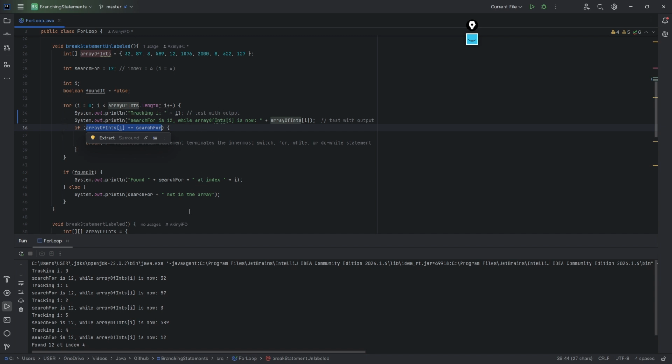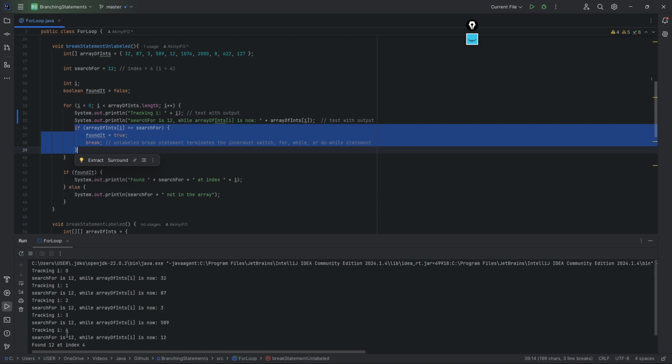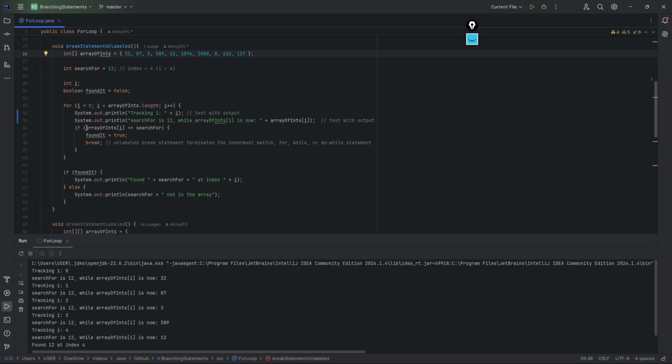Then it increments I. The next one, I is 1, but the element is 87. The next one after incrementing will be 3. The next one will be 589. In all of the above, the condition is not true, so it will not do anything within the if statement. But once it finds 12, at index 4, this will evaluate to true because it's equal, and then we will set foundIt to true, and then we will